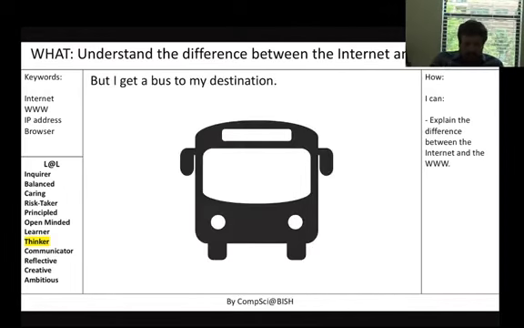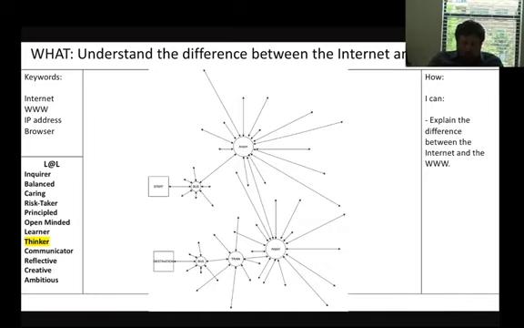Okay, and then when I arrive at the station of the town I live in, I'm then going to get another bus. Okay, but so what we've done is, if you have a look at the diagram on the slide,